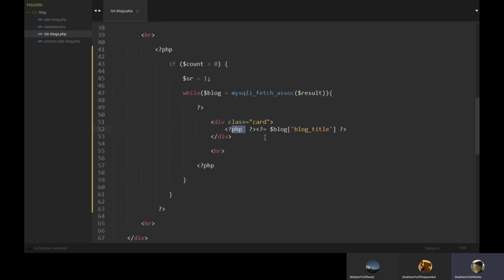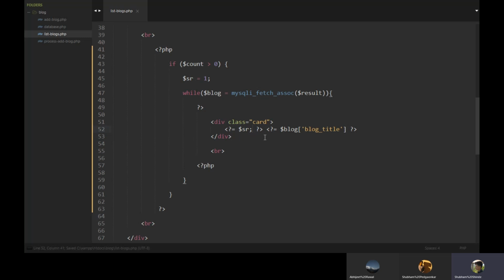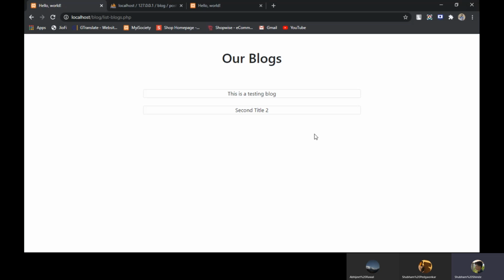PHP equals, leave some space and print $SR, or we will print $SR++. For the first time it will print 1. After that it will get incremented by 1, and the same way it will be incremented by 1 whenever the loop iterates. Let's refresh this. Yes, 1 and 2.